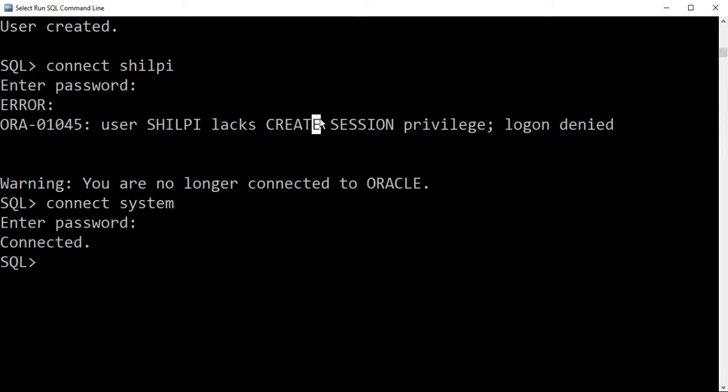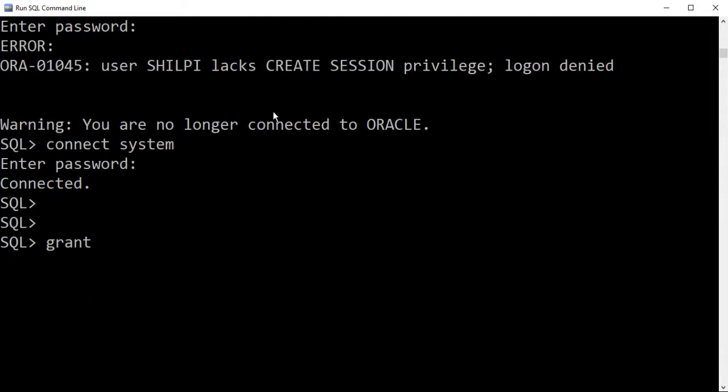So I can write grant. This is the command to grant permissions. Grant create session to the new user. Or I can simply write grant connect to Shilpi.